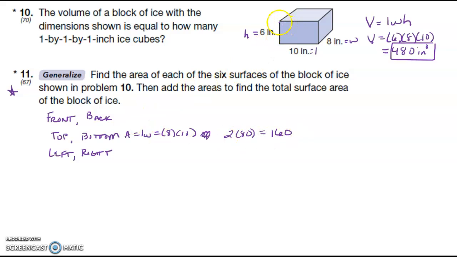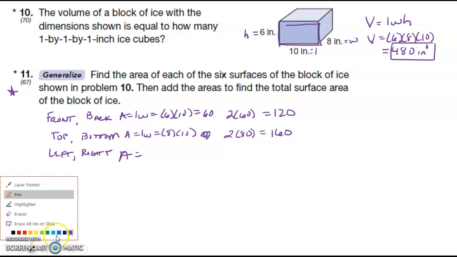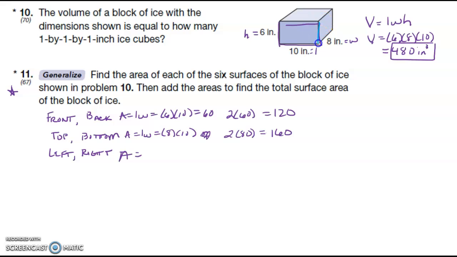So front and back, my front is going to be right here. I know that that's 6 times 10, area, length times width, which is 60. And I have 2 of those, which is equal to 120. I have a front and a back. And then I have a left and a right. Let me change colors here so maybe we can see a little better. The left and the right are going to be this box and the one on the opposite side. So that's 8 by 6. So length times width, 8 times 6, which is 48. And then I need to do 2 times 48 because I have 2,